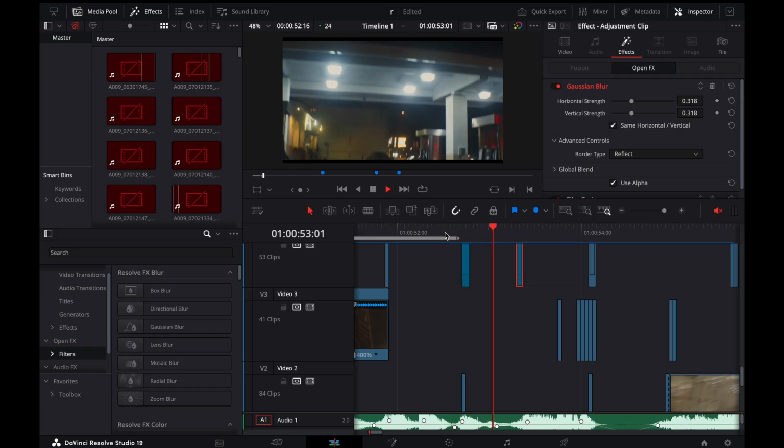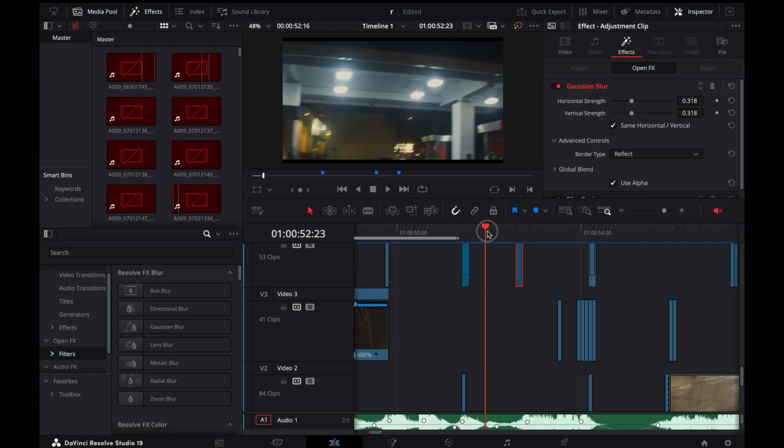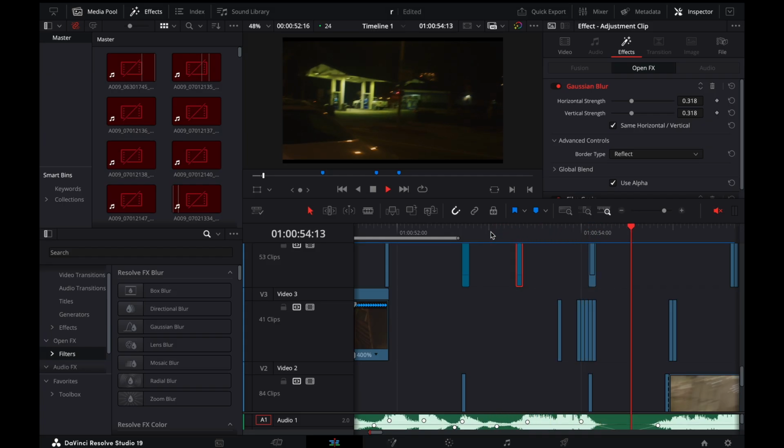I swear, probably 80% of these movements are happening in camera in this edit, which I think a lot of people don't think about, but it's such an easy way to increase the quality of your edits, especially when you lack editing skill, which is something I didn't have crazy editing skill at this point in my career. I don't know, it's probably not the right word. Anyways,